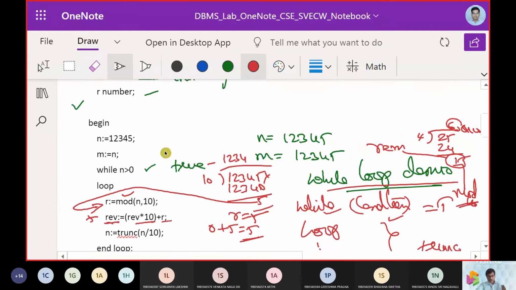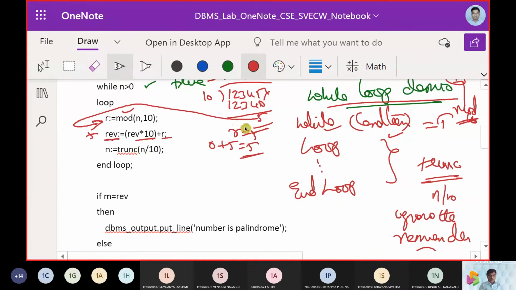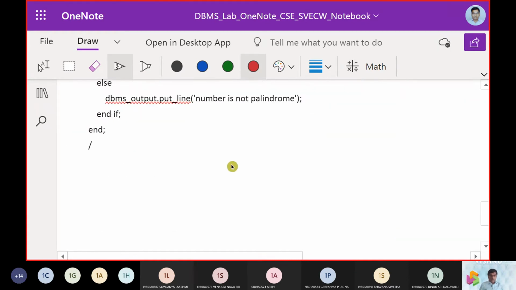Now we are ignoring this 5, eliminating the 5 part, so for that we use truncate. Now what is n here? We get n as 1 2 3 4. This is for iteration 1. So at iteration 1 we got 1 2 3 4.